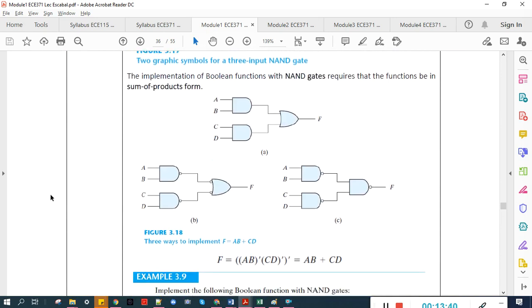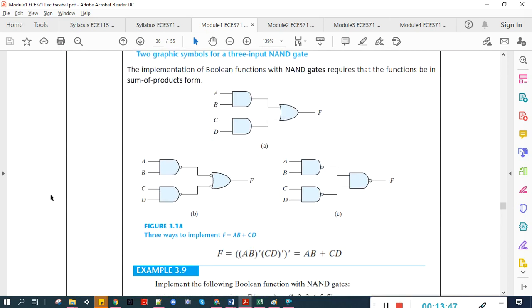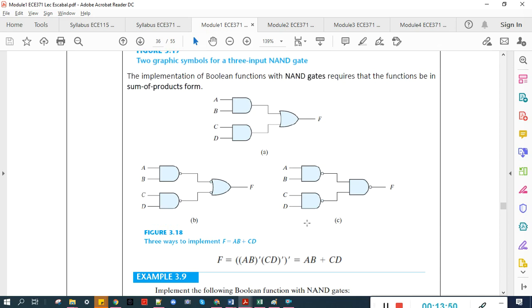The implementation of Boolean functions with NAND gates requires that the function be in sum of products form. And this is the equivalent circuit for that. For figure 3.8 in A, F is equal to AB plus CD. There are 3 ways to implement F equals AB plus CD. The very common is using 2 AND gates and then 1 OR gate,